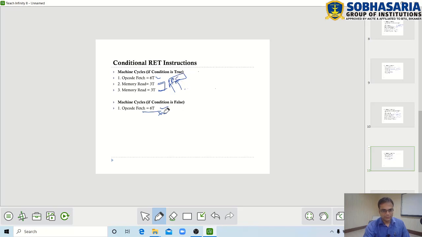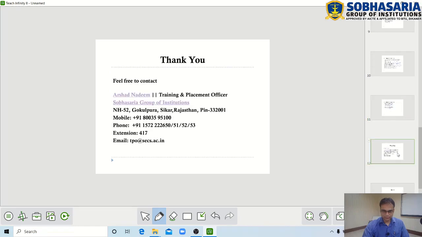And if the condition is false, the return will not happen, so there is no need to retrieve the content from the stack, right? So the opcode fetch is enough in case the condition is false. Thank you.